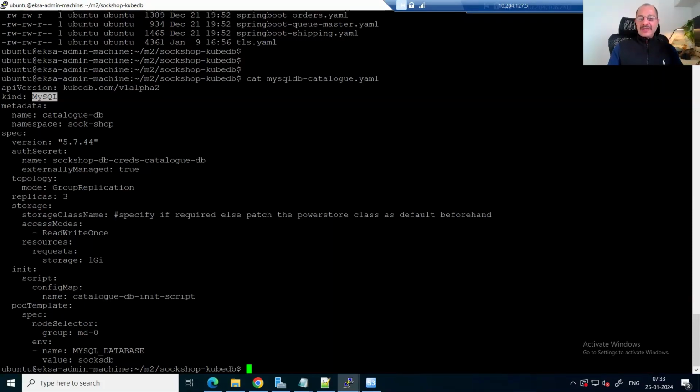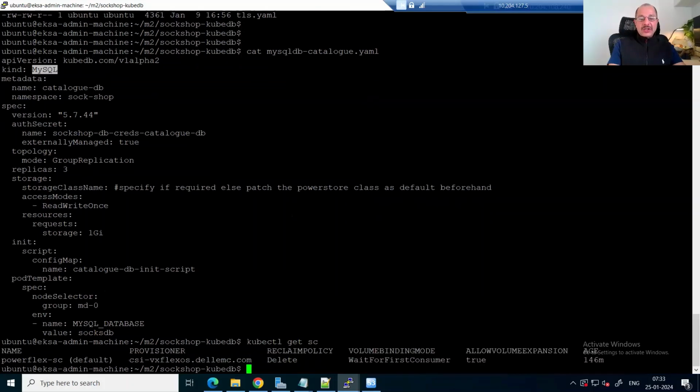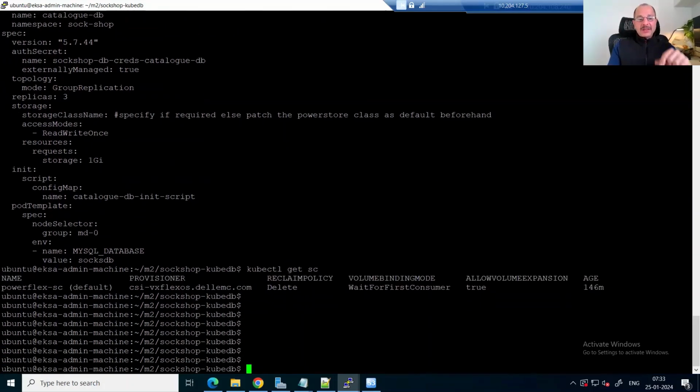Then the topology could be a single replica or a group replication mode. So we are saying 3 replicas. The storage class name, sorry about this, I can change it, but I have not specified any storage class. So the storage class will be the default storage class, which is actually the PowerFlex storage class. Once the MySQL database comes up, we will have 3 persistent volumes for this database running on PowerFlex